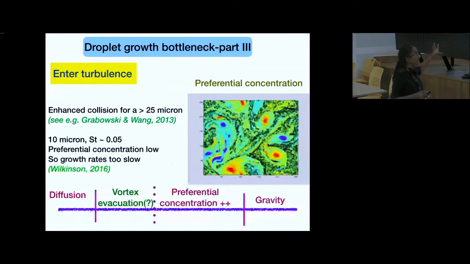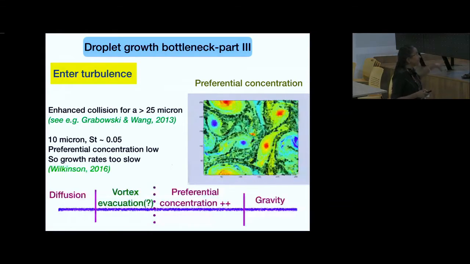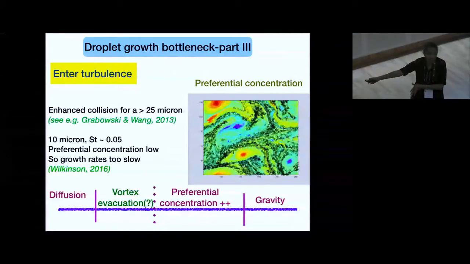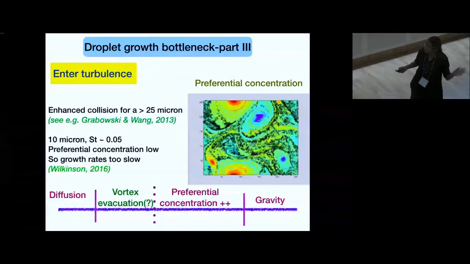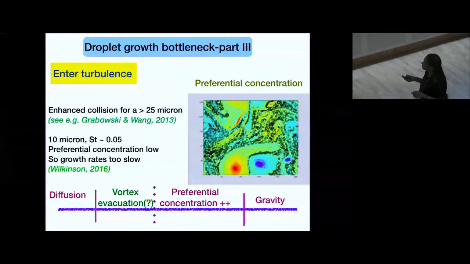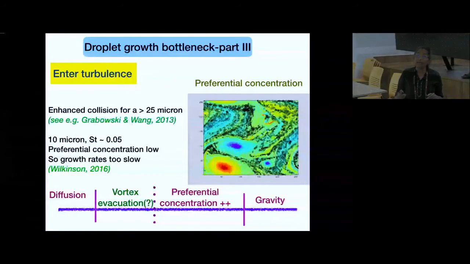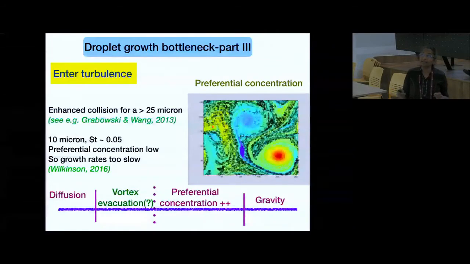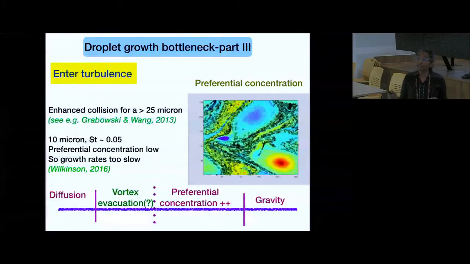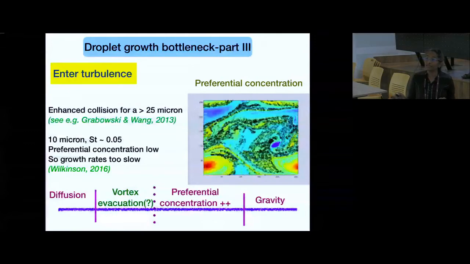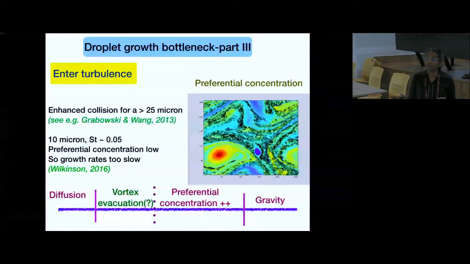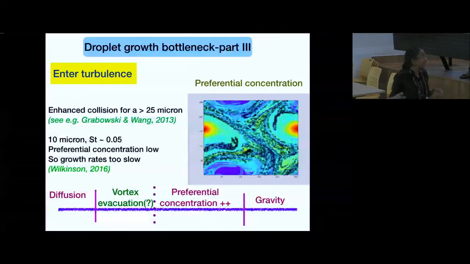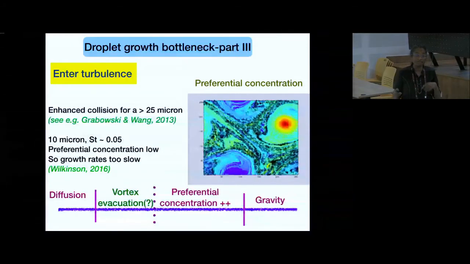We saw that for a droplet to grow to 10 micron, it's very rapid by diffusion. From 50 micron onwards, it's very rapid by gravity. What happens between 10 and 50 micron? This is where a lot of work in turbulence is going on to try and understand. You have a preferential concentration of the droplets, and turbulence causes this. For students not familiar with this, it's kind of counterintuitive, because unlike sugar in your tea,